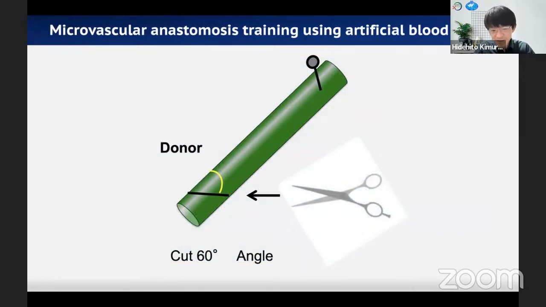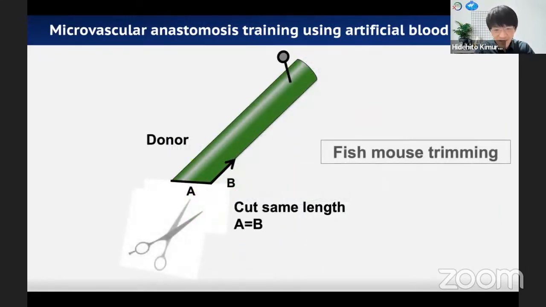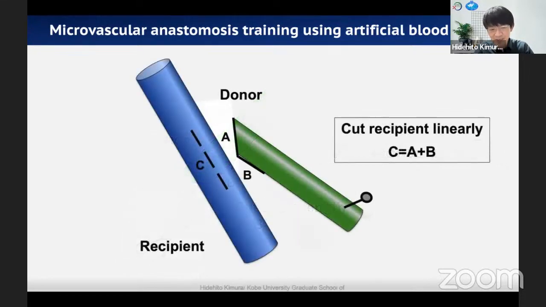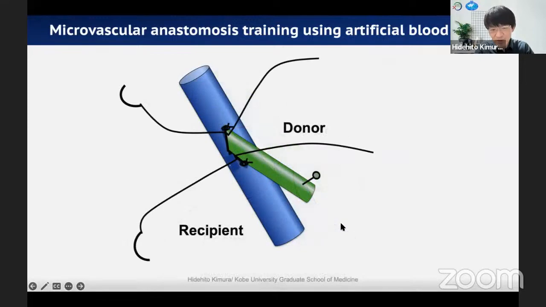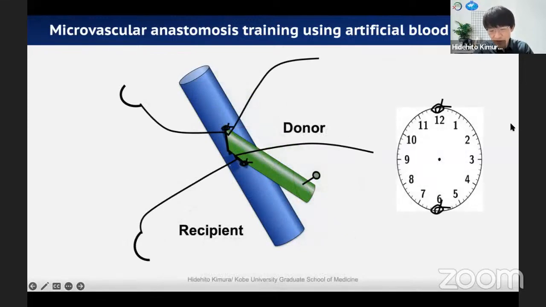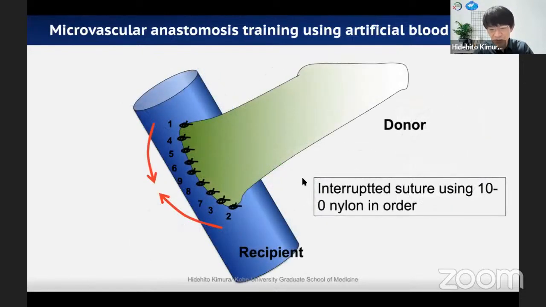And the edge was cut at 60 degrees, and the same lengths were cut. And I call this Fishman framing. And the length of the incision line for the recipient artery should be the same as the donor artery. And first, I should perform the stay suture at the 12 o'clock position and 6 o'clock position. After that, you should insert the drop suture just adjacent to the stay suture, using the tensile nylon